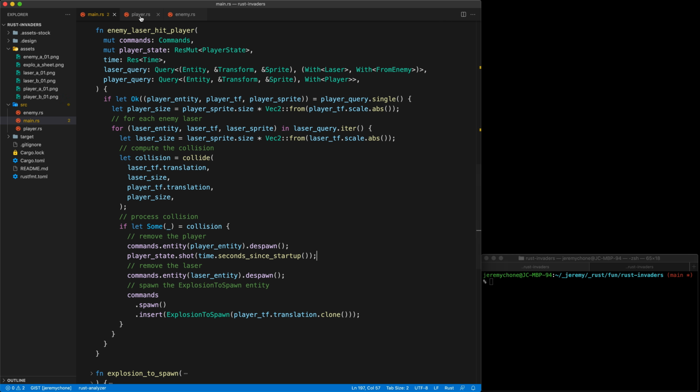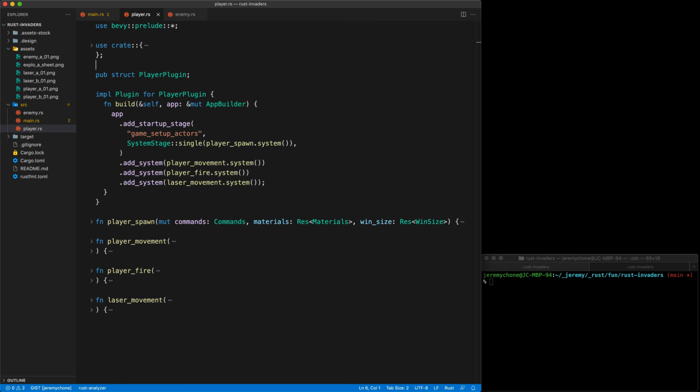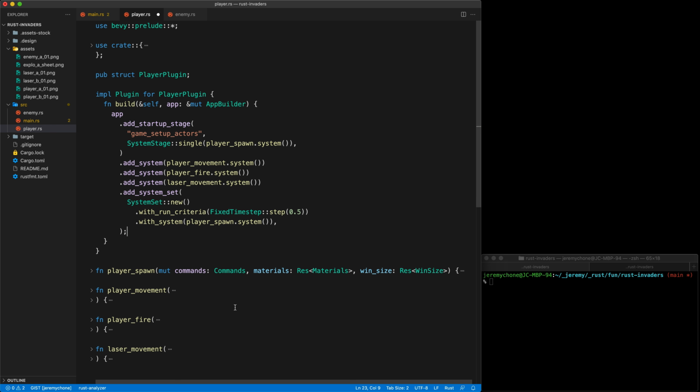And now we're going to go to our player, and inside our player, we're going to add the player spawn here as a second one. So here is at the beginning, because we want the player to show directly. And then after, we're going to have our player spawn here. And then we are going to check it